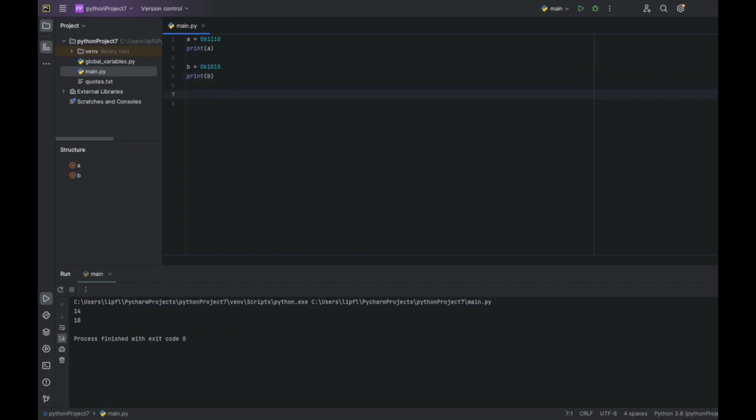And now let's print a new integer using our very first binary operation, a and b. So with this binary operation we get 10. Why do we get 10? Because